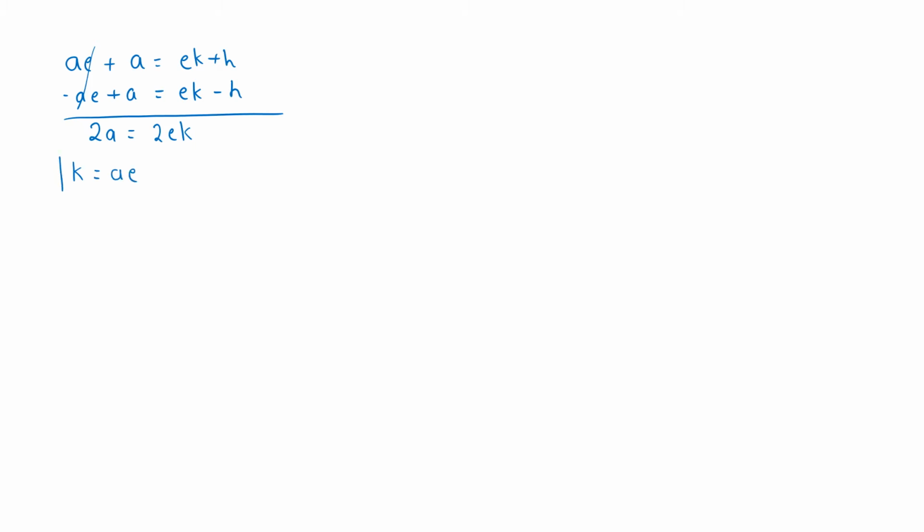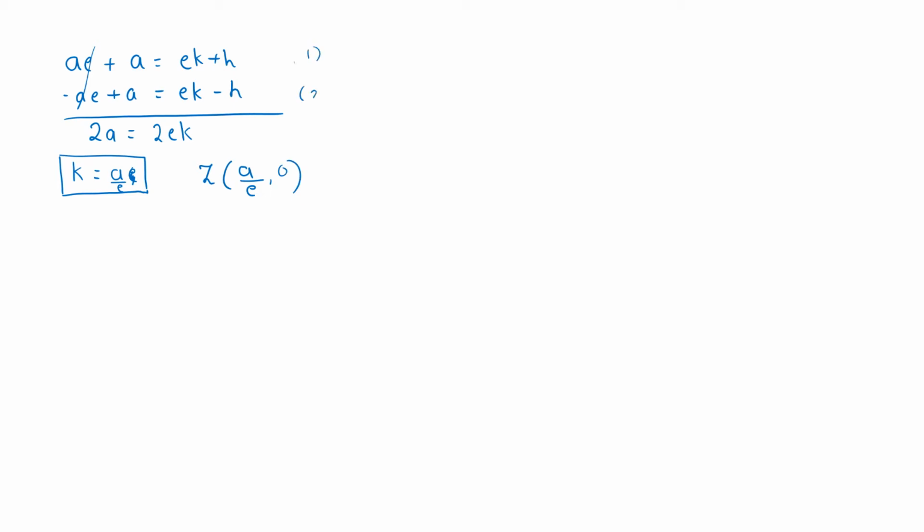k कितना आ रहा है? ae. क्या आ रहा है k? ae. Note is किसका coordinate है k? z का. Therefore, z becomes, sorry, a by e. Extremely sorry. Z becomes a by e, 0.